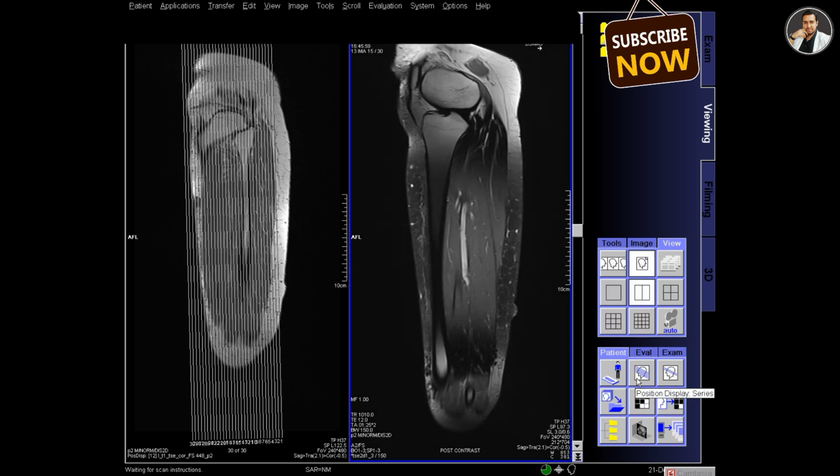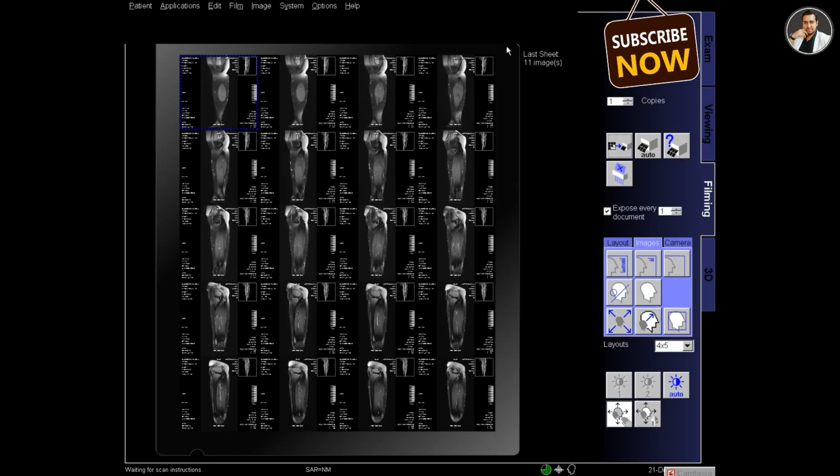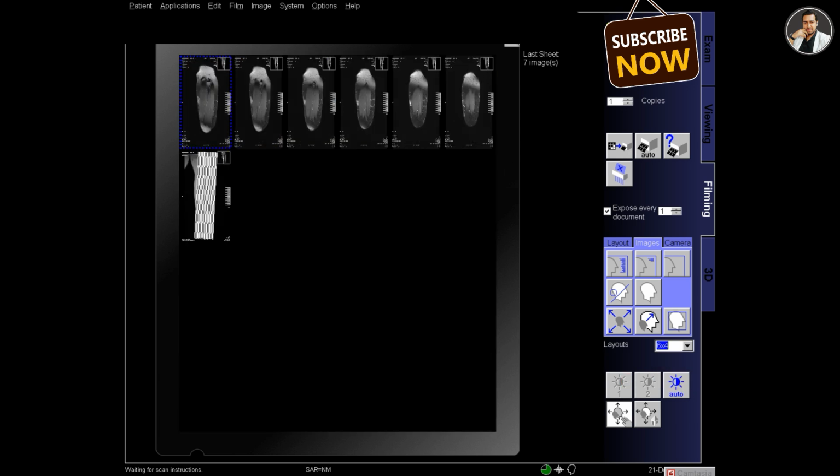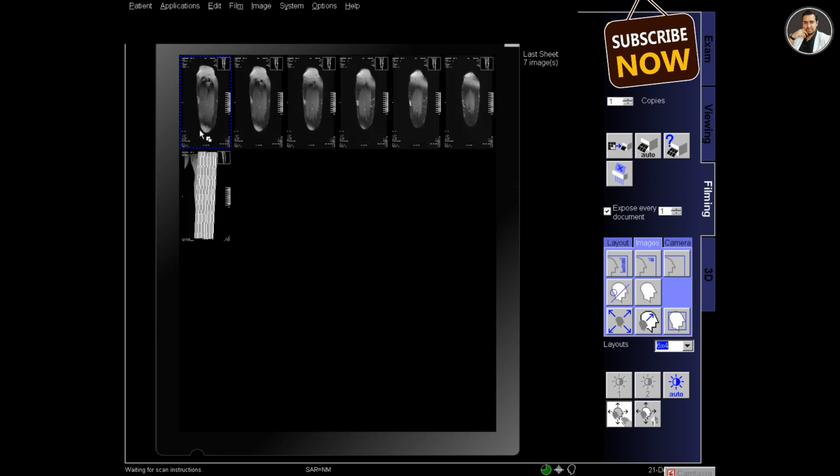Select the series, send it to the filming. Also set the reference image. Select the folder and change the layout to 6:4 so that the segments are long, and there are extra images, and the orientation is okay.